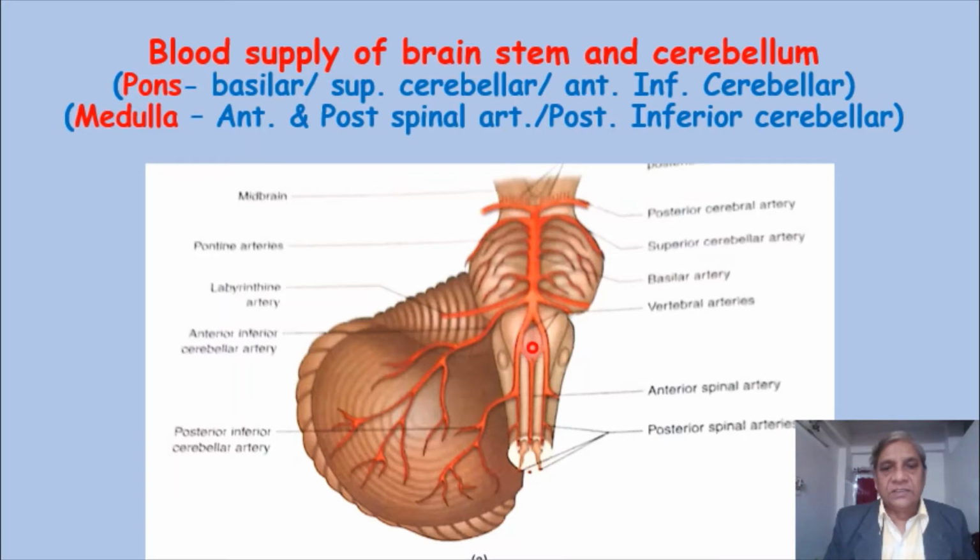Okay, this is the posterior inferior cerebellar. This was the anterior inferior cerebellar. This is the posterior inferior. This will supply the major part of the medulla. So three branches: anterior and posterior spinal arteries, and the posterior inferior cerebellar will supply blood to the medulla